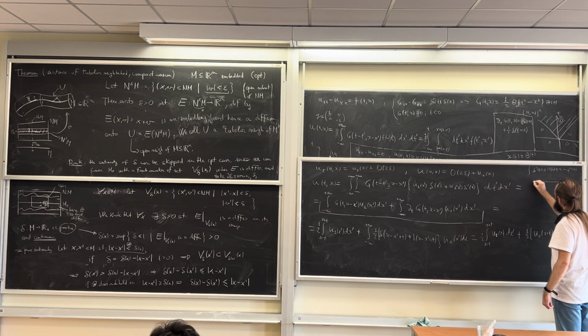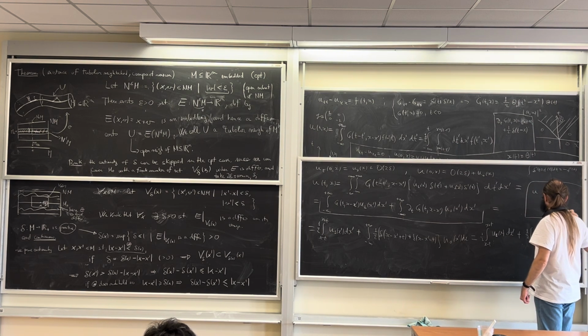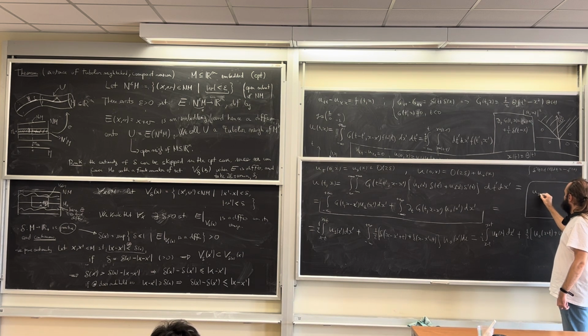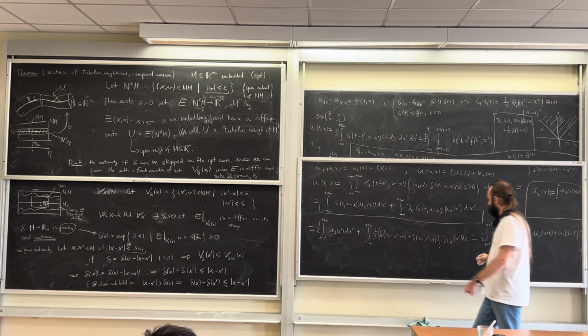So let us say that u1 tilde of x equals the integral from some point to x of u1 of x prime dx prime. It's by definition. Then the solution can be written as